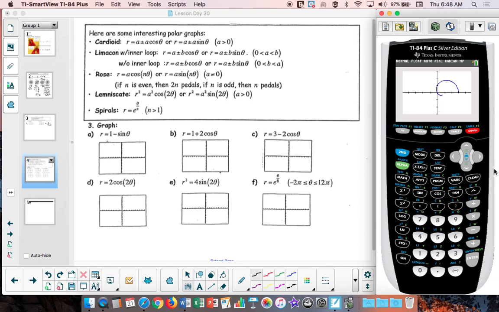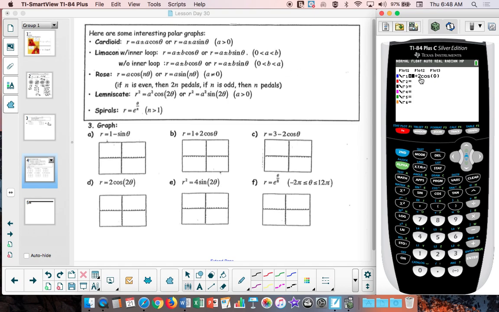And this is going to be a limaçon. So it kind of looks like a cardioid, except it's on its side, and it has a little loop in the middle. But another cool graph. So it has that inner loop. We can tell that by looking at the equation, also by looking at the picture. But looking at the equation,